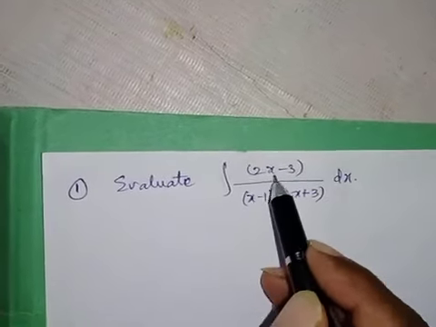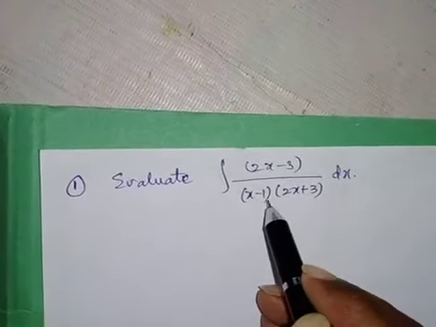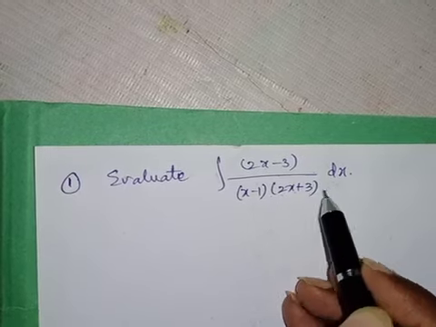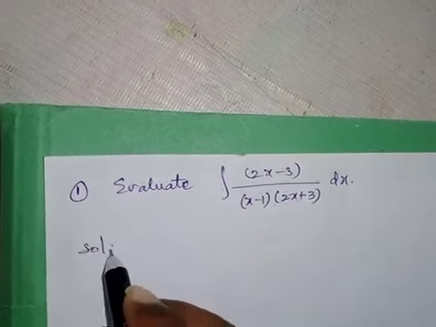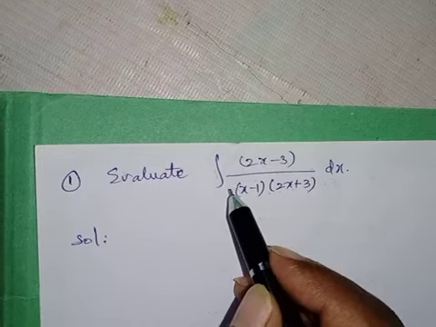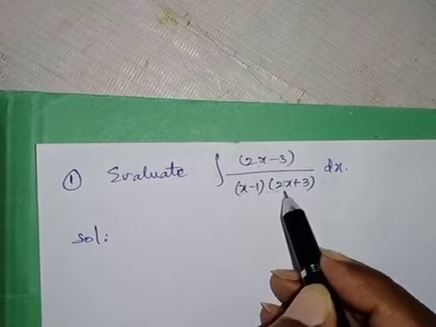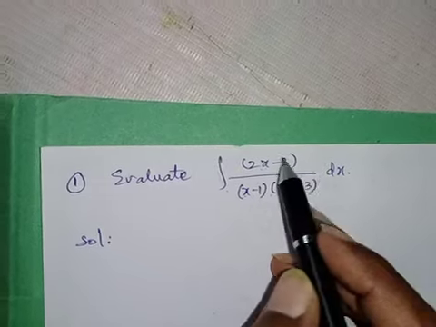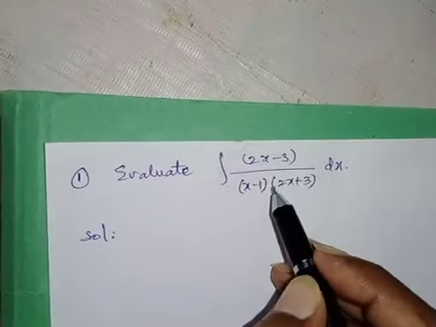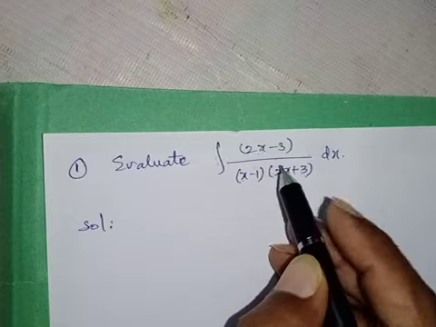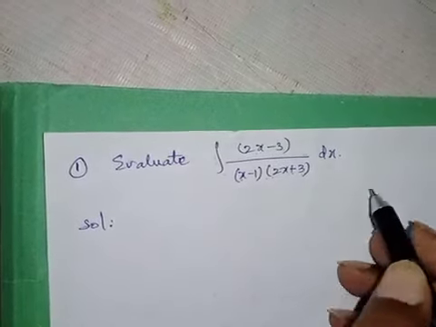Evaluate the integral of (2x − 3) upon (x − 1)(2x + 3) dx. Solution. See, this is the integral of (2x − 3) upon (x − 1)(2x + 3). If you want to solve this one, first of all we have to solve this by using partial fractions